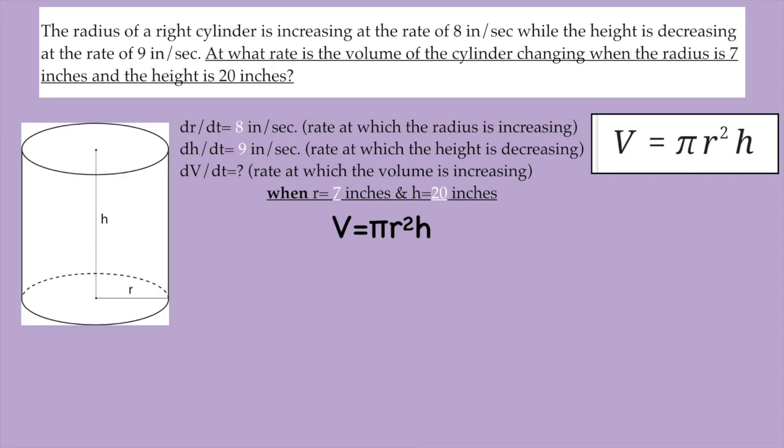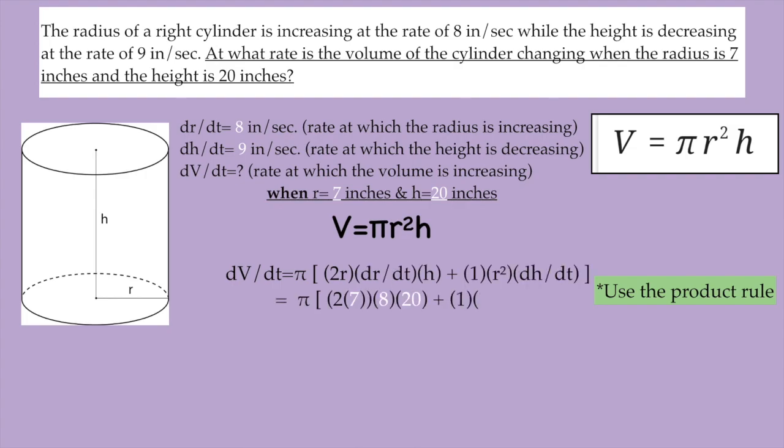So we have our volume equal to pi r squared times h. We're going to use the product rule. So we have dv over dt, because we're still deriving with respect to time, equal to, we're going to factor out pi, because whenever you can factor out a constant in the beginning, it's better, just so it doesn't get confusing. So we'll have pi times 2r times dr over dt times h plus 1 times r squared times dh over dt. And when we plug in all of our values, we end up getting